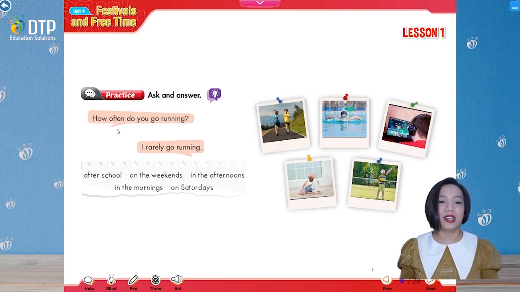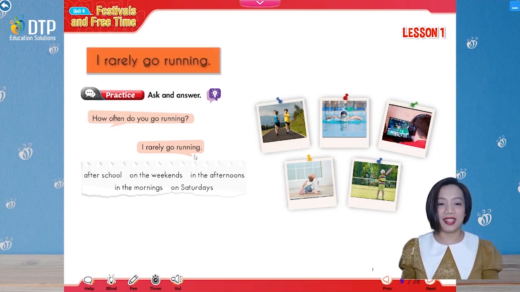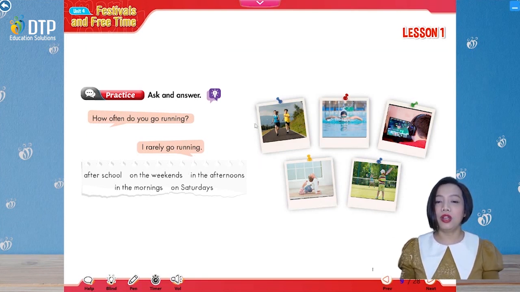Very good. I rarely go running. Again, please. Very good. I rarely go running. So now look at the pictures here. What can you see? The first picture,